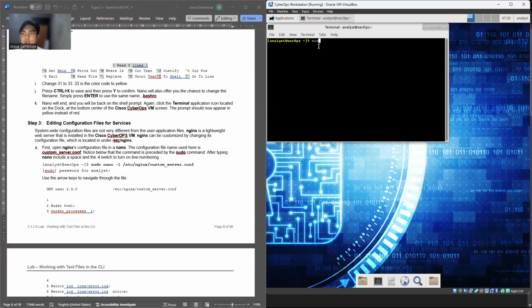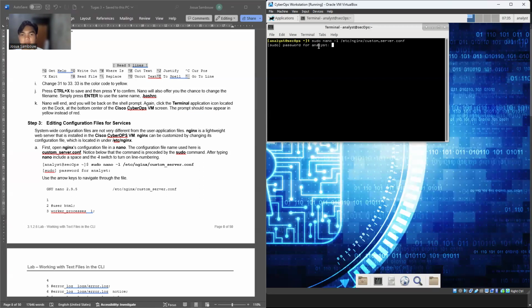We open sudo nano directory /etc/nginx/custom_server.conf.